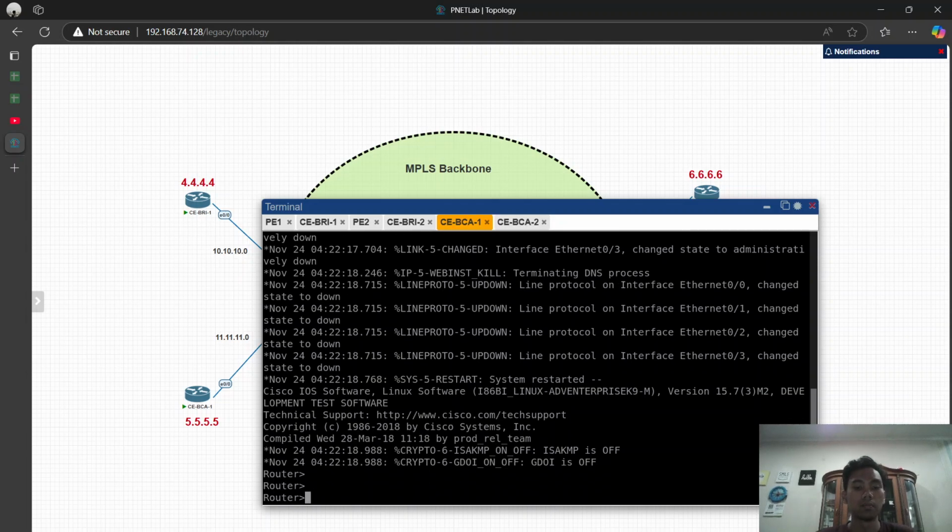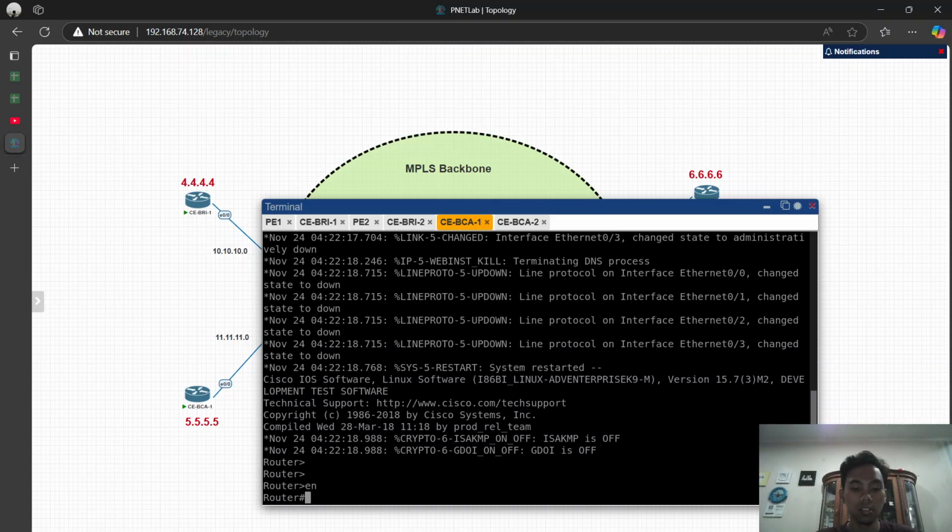Because the router CABCA1 is empty of any configuration, we will set the IP address first.